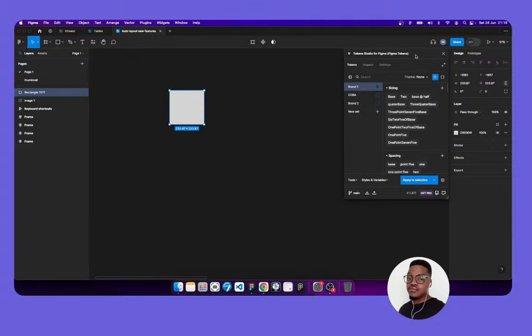There isn't a way that I've seen that you could reuse the variables across different files. But that's fine. So what I'm gonna do, and you see how you have sizing and spacing tokens here with